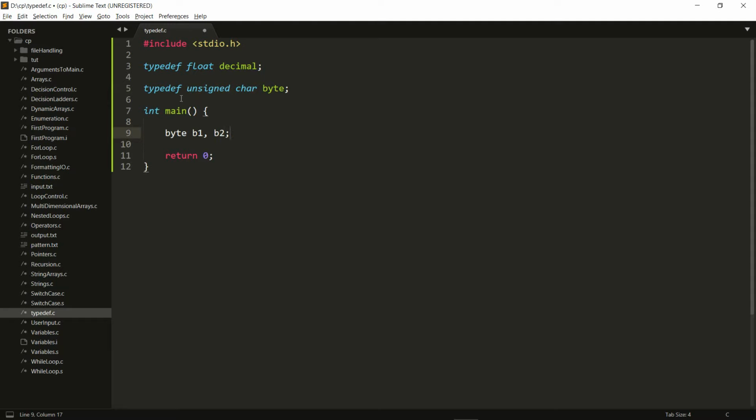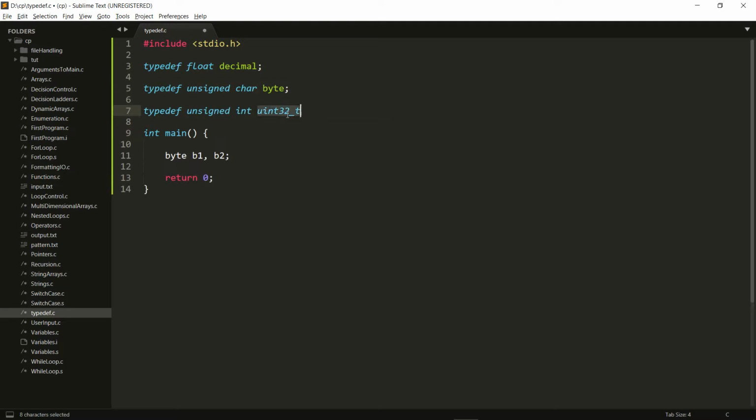And this typedef is also often used to make programs more portable, which means that they will run on different machines. So a lot of times we see things like typedef unsigned int, and then we might have something like a uint32_t.